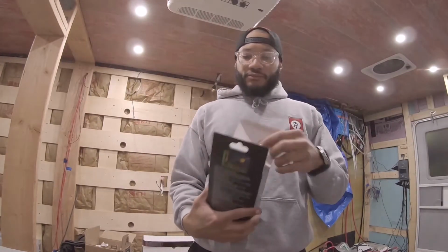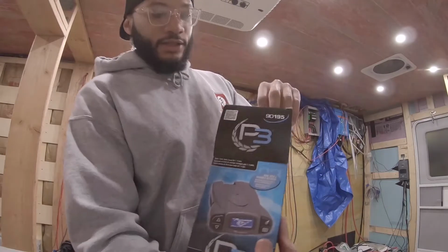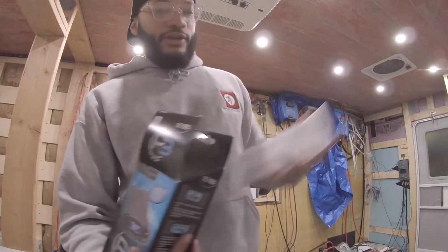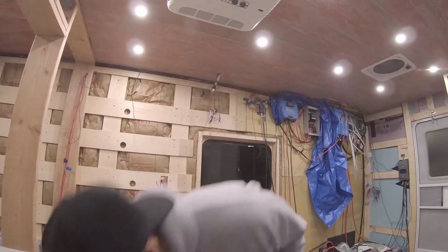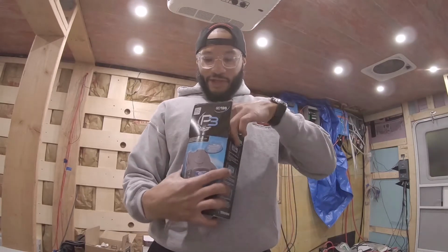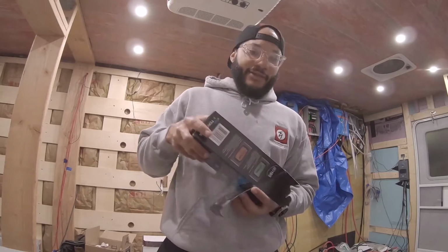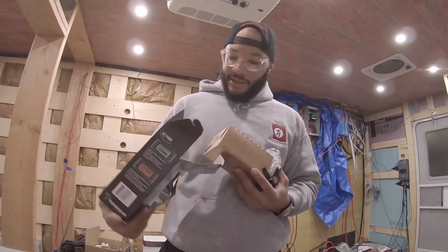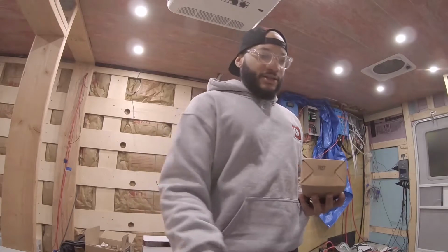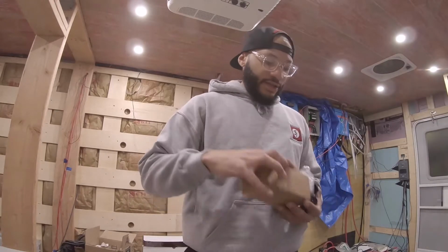So you open it up, it comes with instructions. I already opened the box up and read the instructions. So always go through the instructions just to verify if there are any clues or anything that you need to pay attention to. So you open the box, instructions, more instructions,